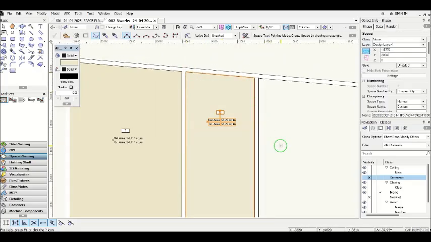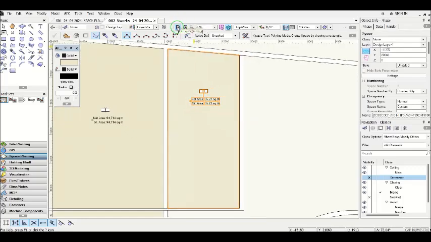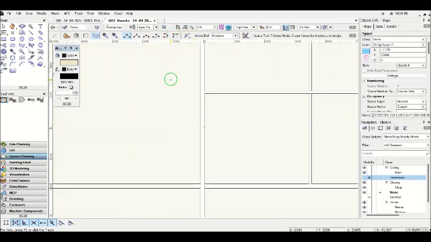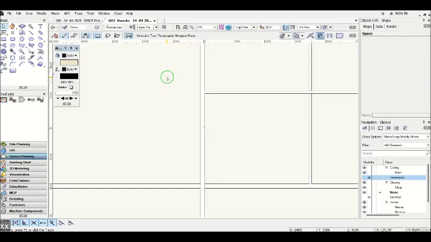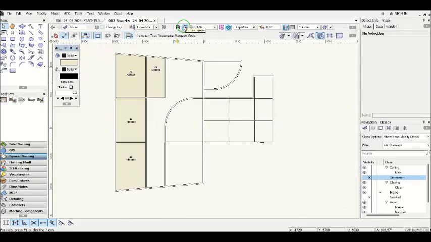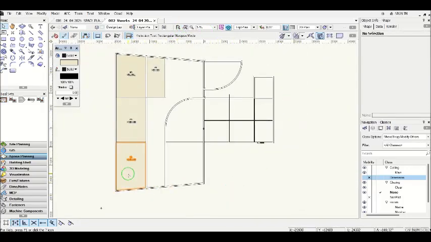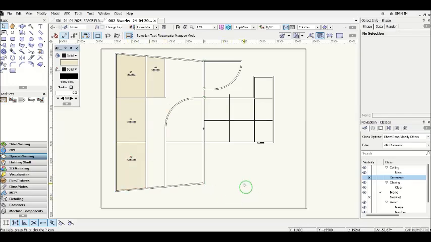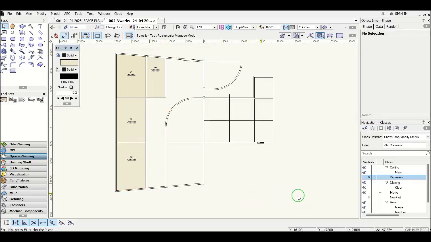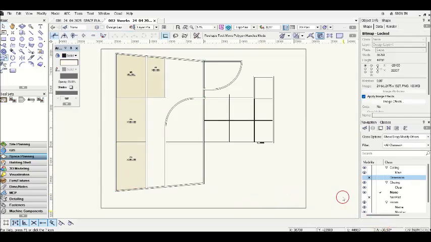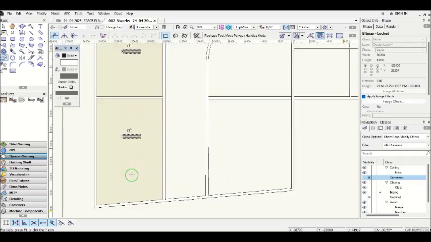So now we have, click X on keyboard. Now we have 2 new closed areas. So let's continue our lesson, and